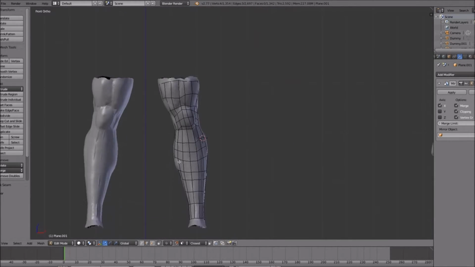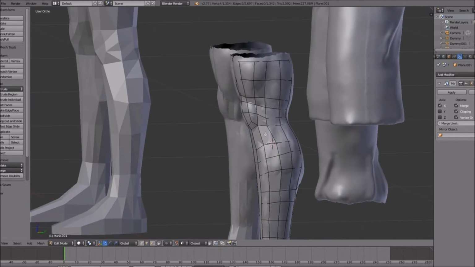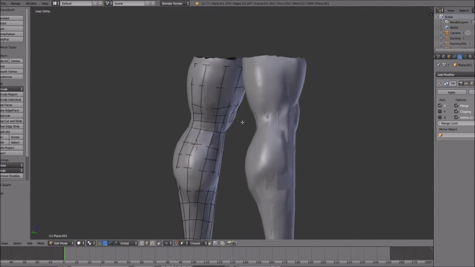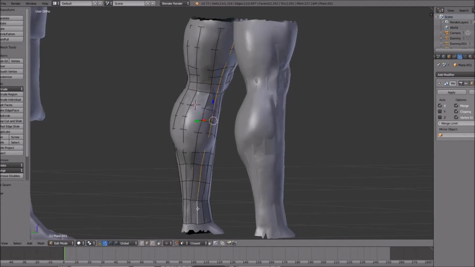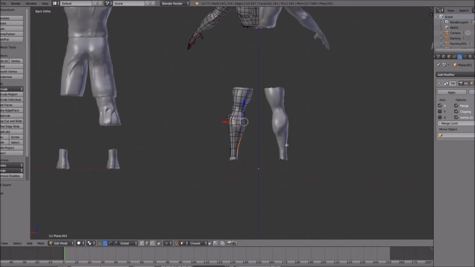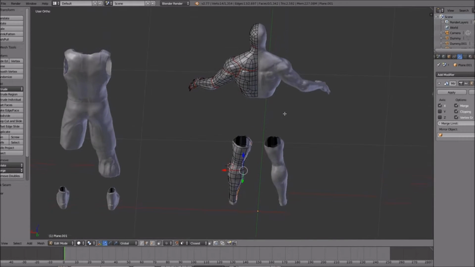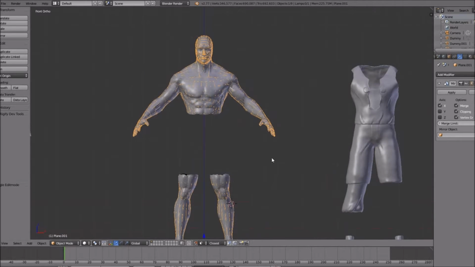Now it's time for the leg. The leg I'm going to do in one piece, just one part. There's nothing much to see on the leg, so I don't need to put it more detailed. There, mark. This view. Yep, that should be fine. Okay, so now we did that, we can go and